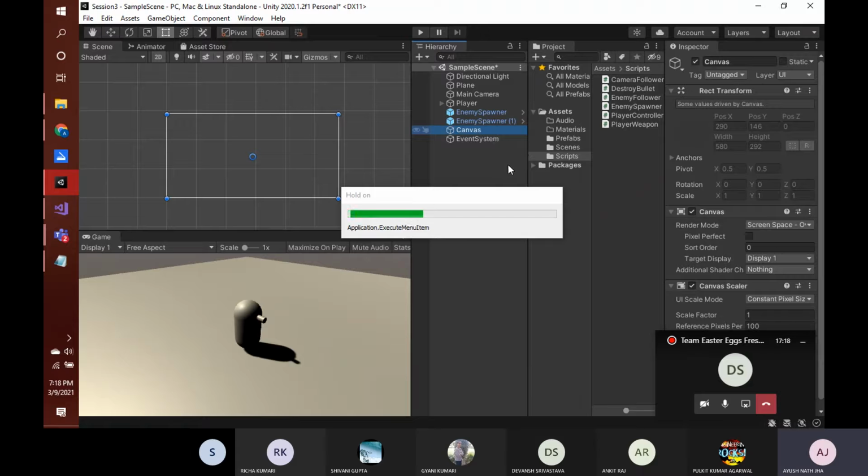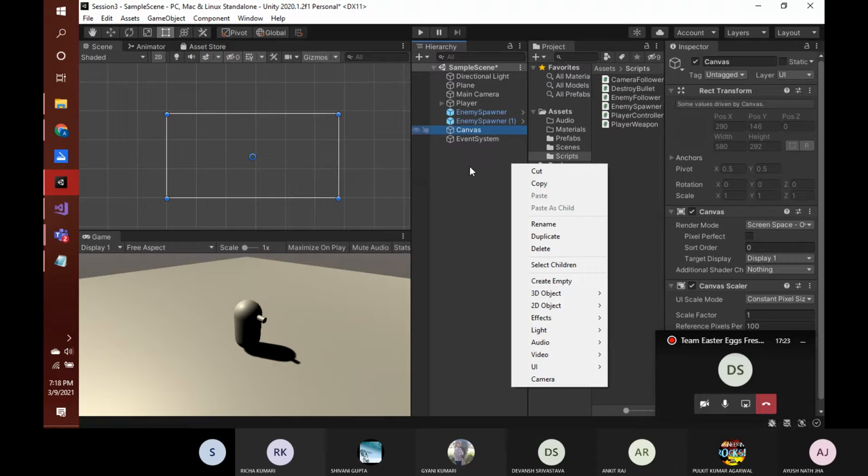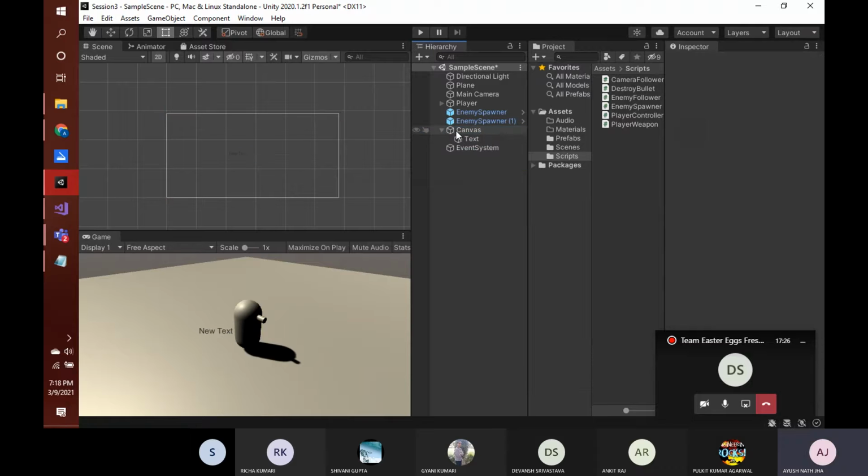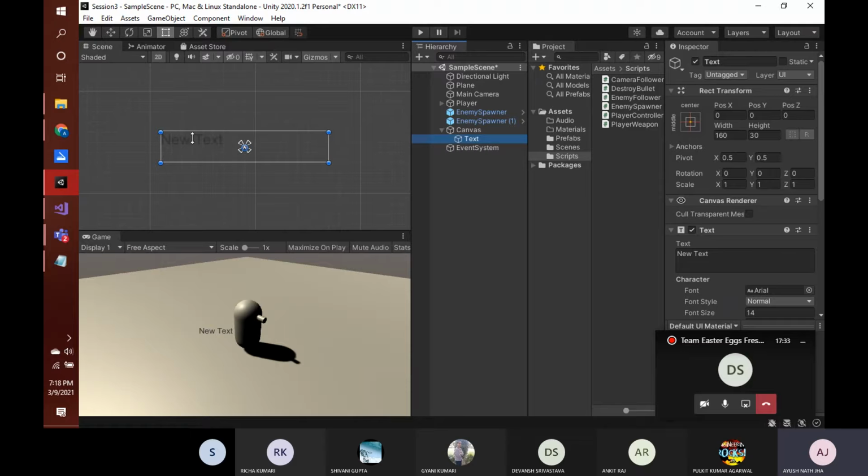text will be added. Our text is added, and as you can see, this text is added in the middle of the screen. Here also in the game view, you can see that it appears in the middle of the screen. Now it is shifted a bit towards the left because our text is aligned to the left and to the top of this space. This is why it is aligned to the left a bit.